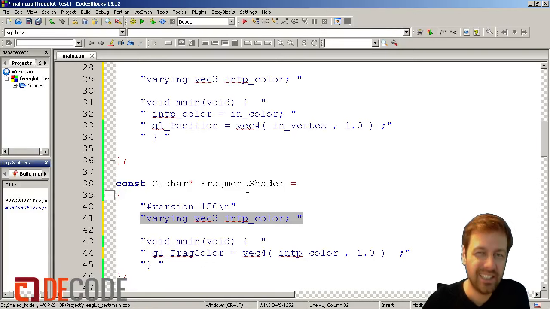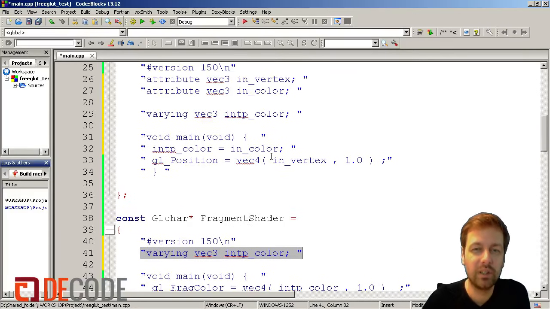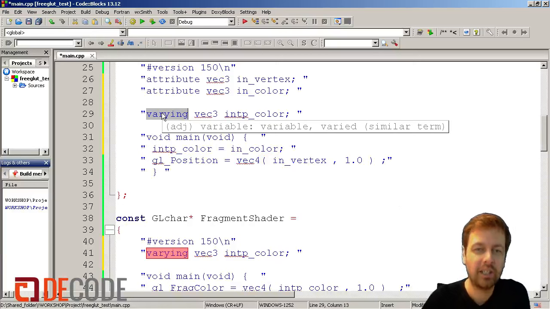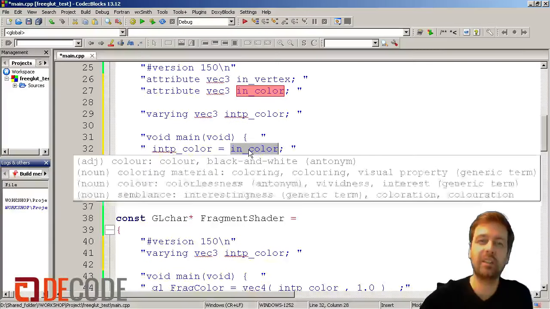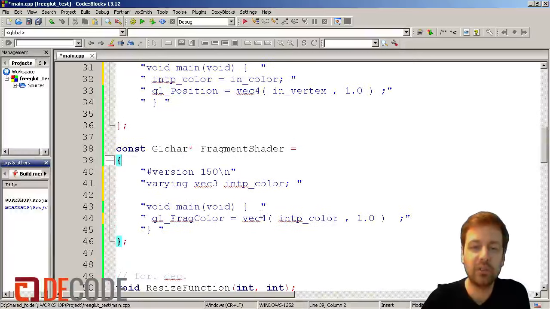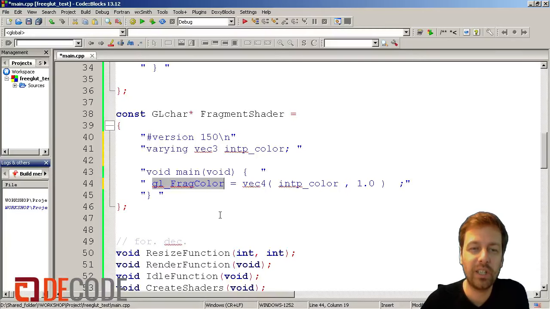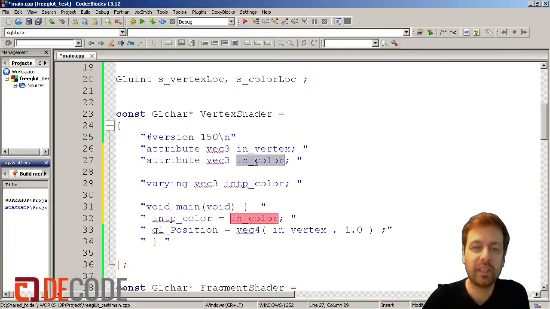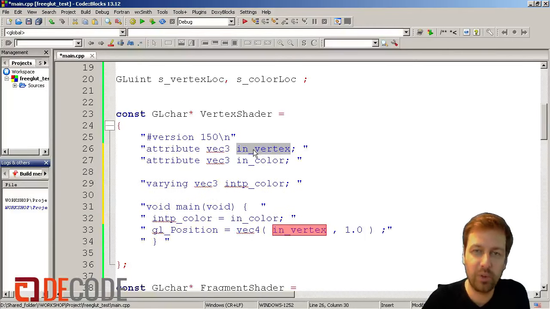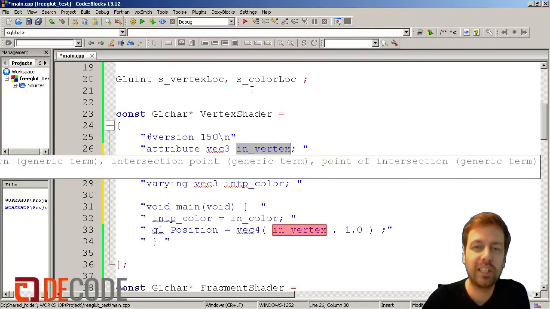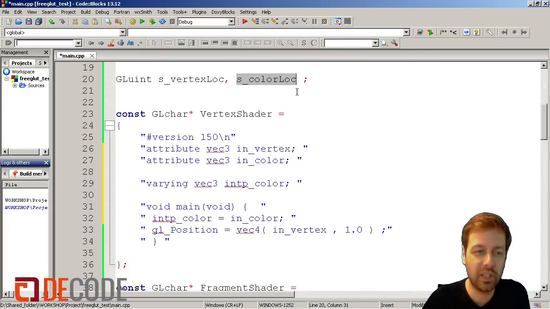So now inside the shaders our work should be done, because we are providing a new variable with color, we are providing a varying, we are populating the varying with the color that we get into the shader, and we make sure that the interpolated color of this varying is sent to the final output color of this one pixel which just gets processed. The only point left now is how do we get the color here again? Well, it's just the same like for the Vertex. And this is why I already came up with this variable here as color location, which can hold the location of this color variable